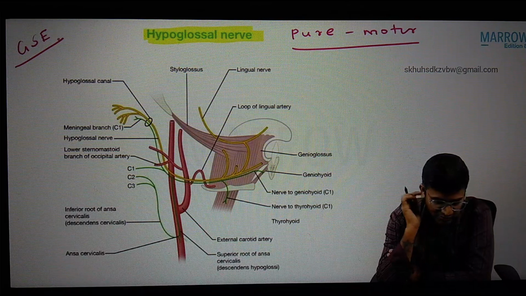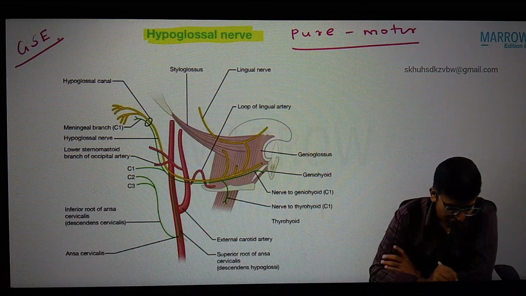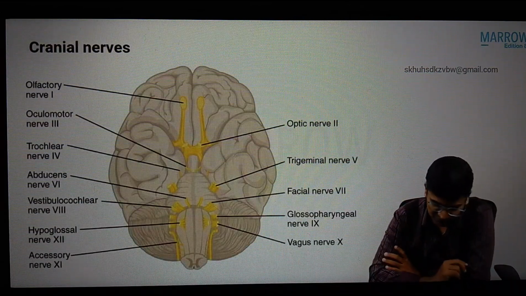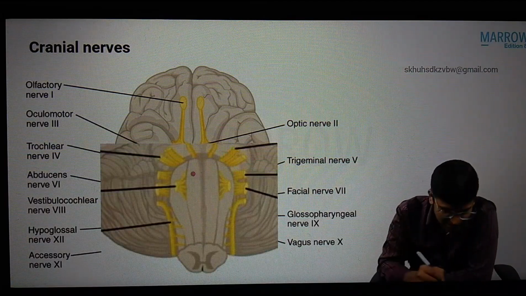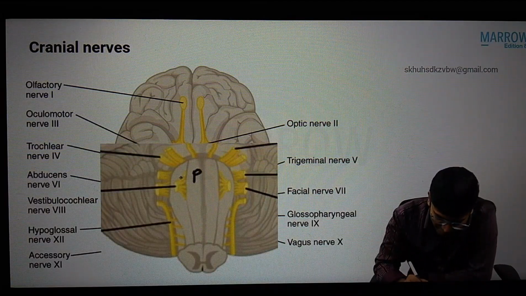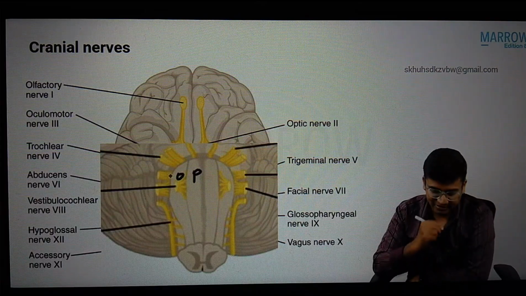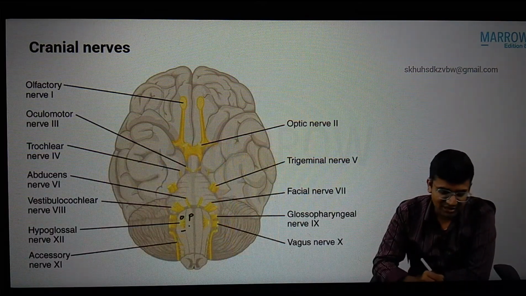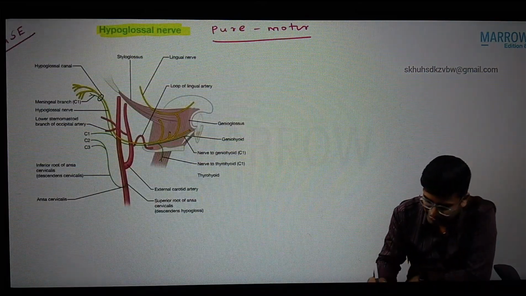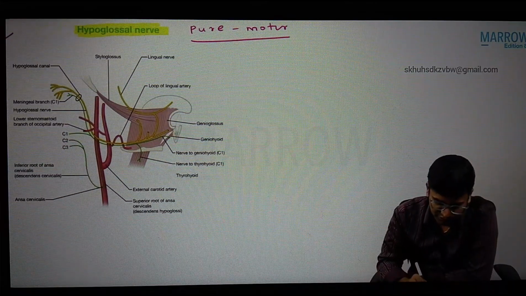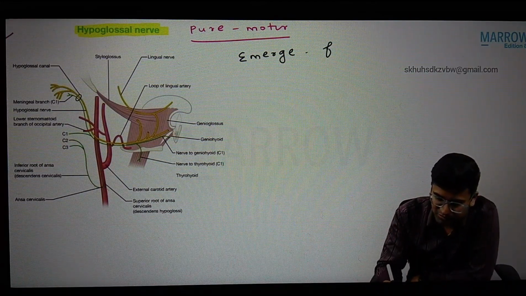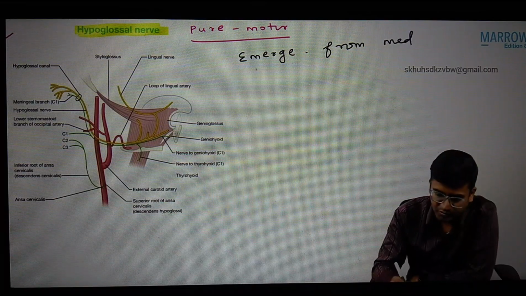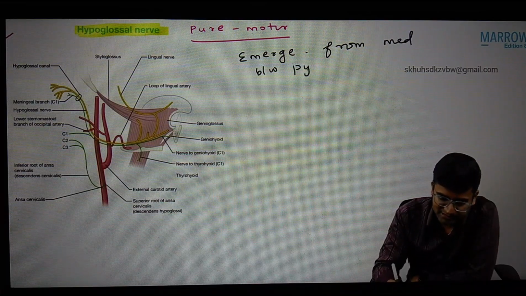Right. Now the hypoglossal nerve emerges from the medulla, between the pyramid and the olive. So between the pyramid and olive, the hypoglossal nerve is emerging out. By the side we can write the course: the hypoglossal nerve emerges from the medulla between the pyramid